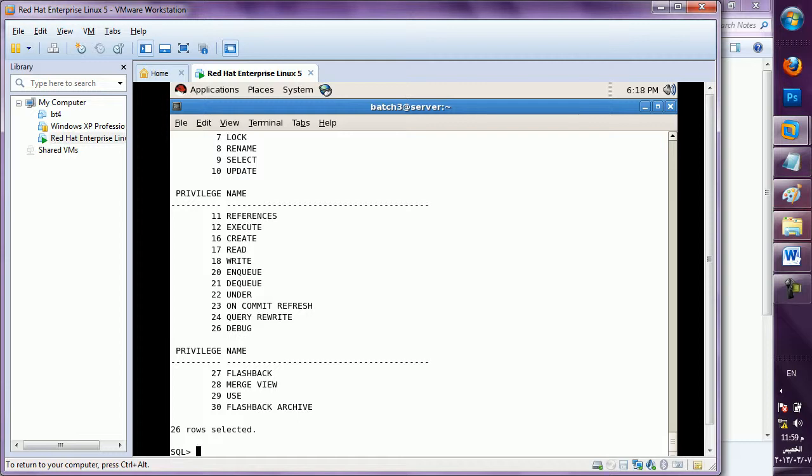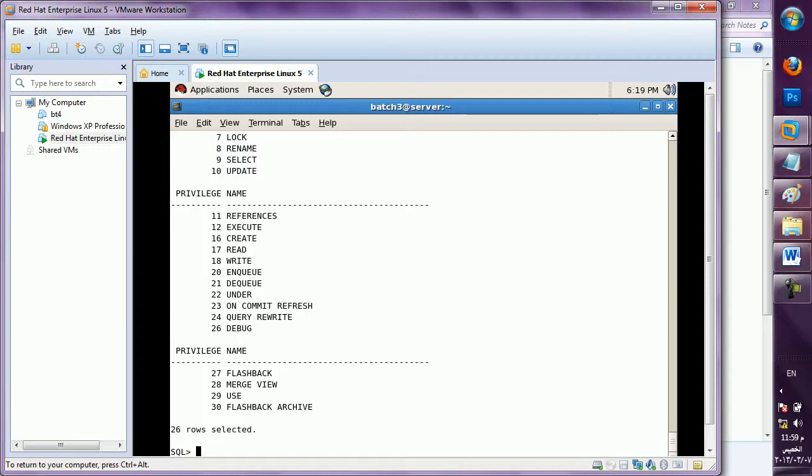Schema means user. For tables I am using the word segments, and for users I am using the word schema, as a DBA. So in one schema only one role name is there, meaning the same name should not be repeated in that particular schema. If I create a role named clerk, no other role can be created with the name clerk. The maximum is 30 characters, and no reserved keywords should be used in a role name.